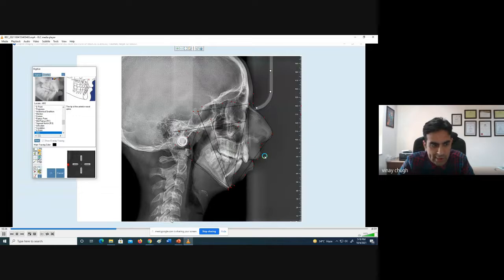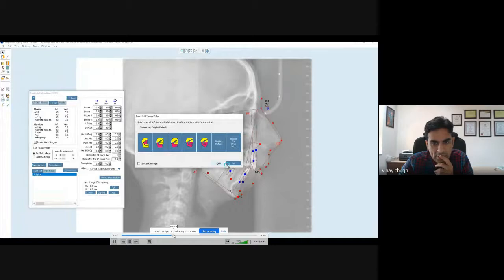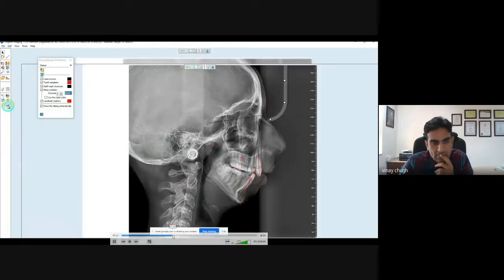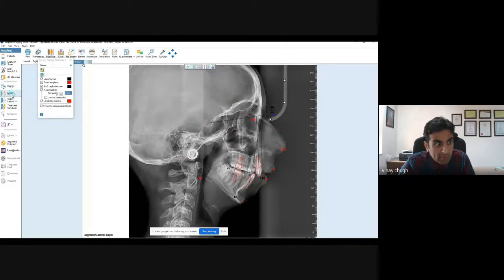So I am marking all these landmarks, and once I am finished with all my landmarks, there are landmarks on teeth and the other craniofacial structures. And once I complete, you can see that the tracing is being traced and the teeth are automatically being drawn by the software. Once this is completed, I will save this into a default part, and I will plan. Now coming on to the planning part, we will merge the photograph part later. In this part, we are going to plan now.